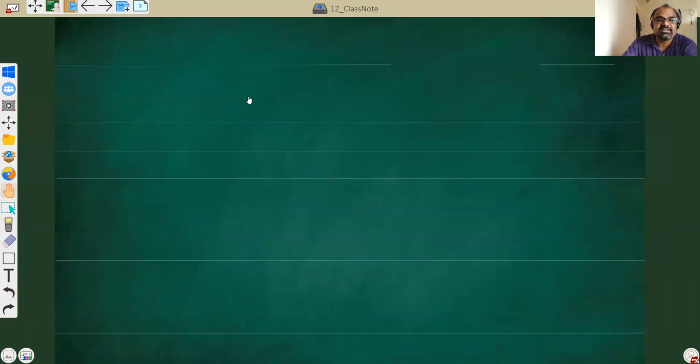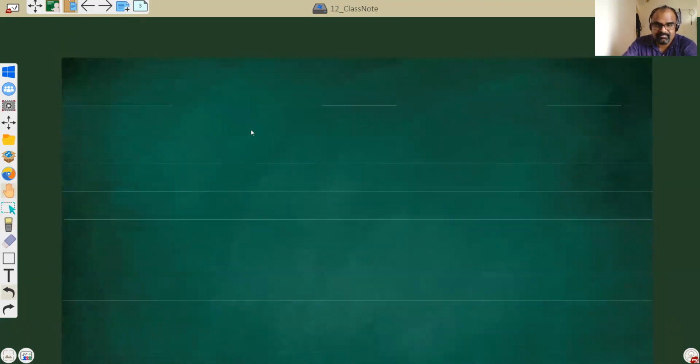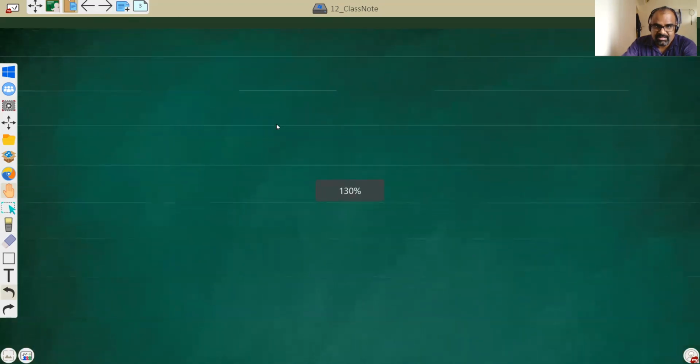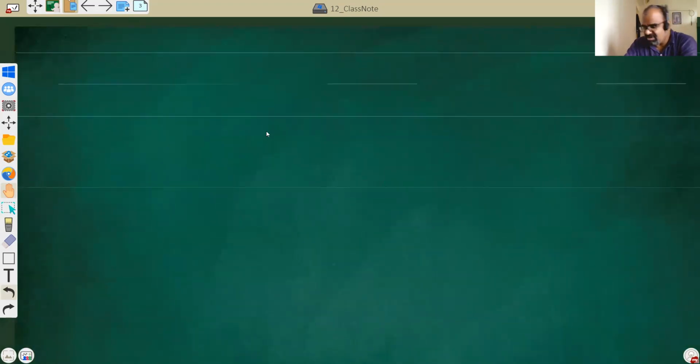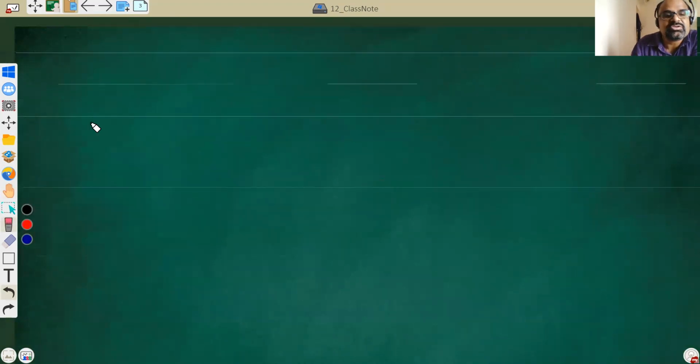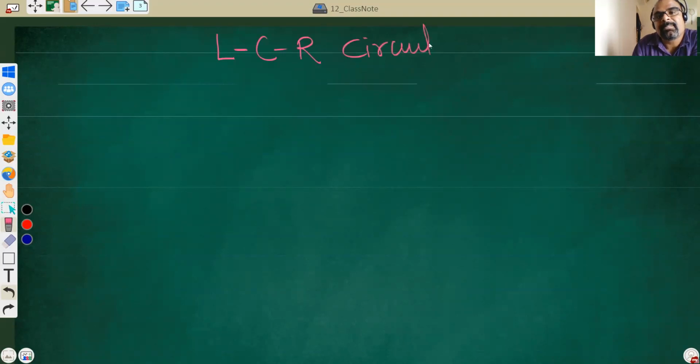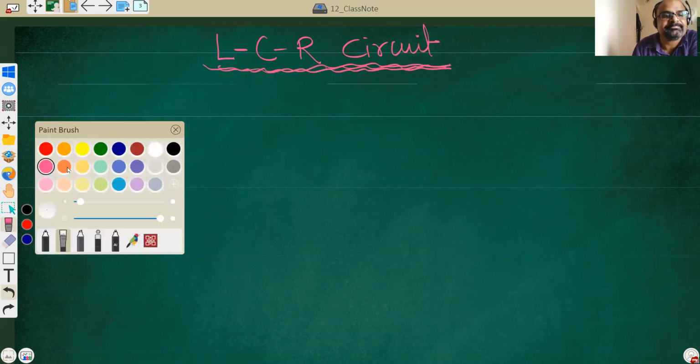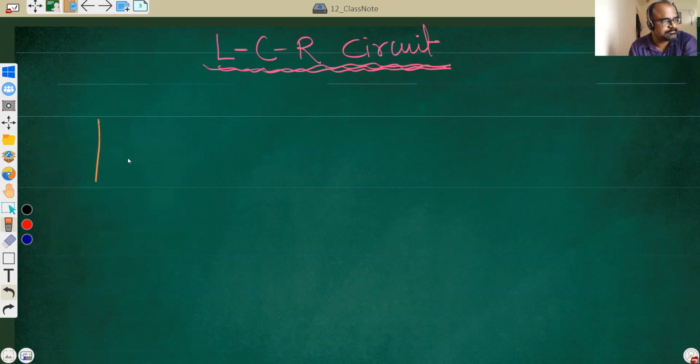Now finally we will study the LCR circuit, which is just the combination. I mean, not really so different. It's all the same. So now we are studying the LCR circuit. Maximum questions will be asked from LCR only. But don't think that this is different from the previous thing. It is all the same. So let me draw that.